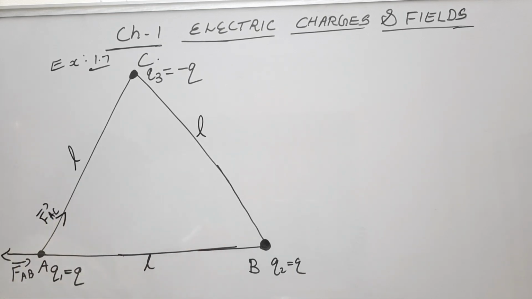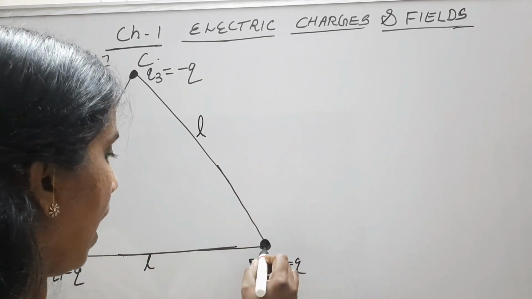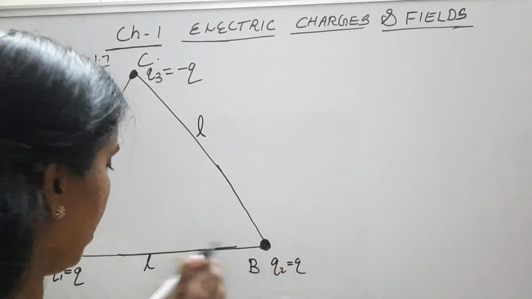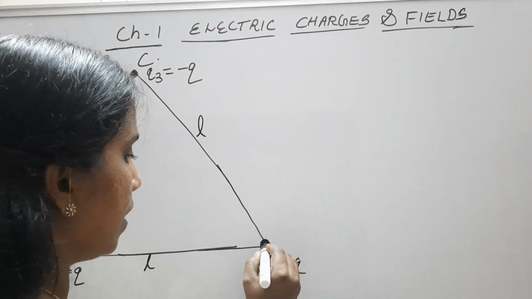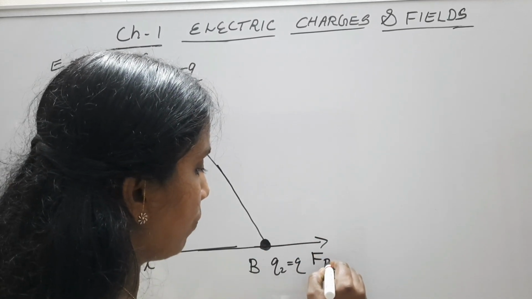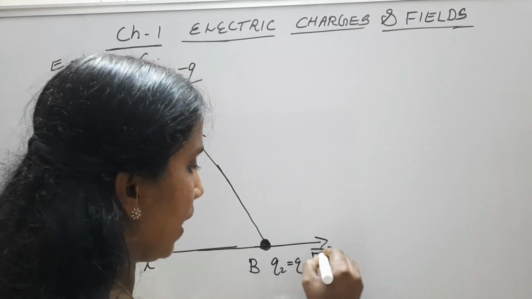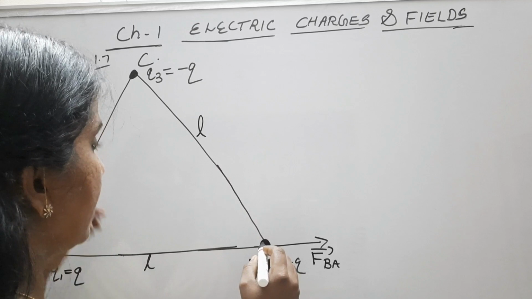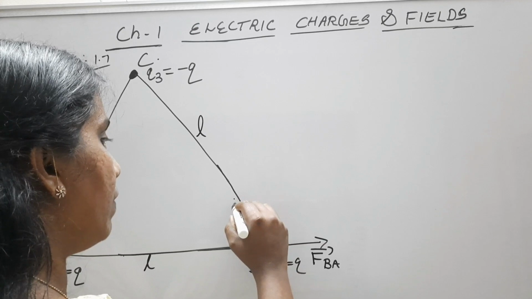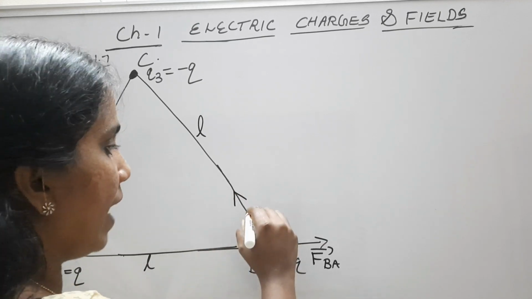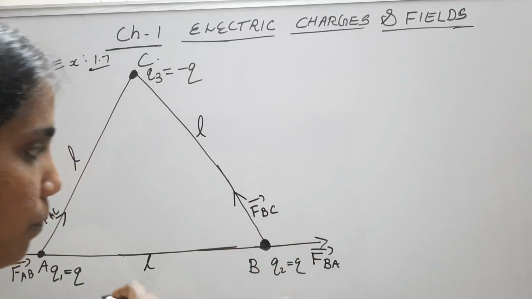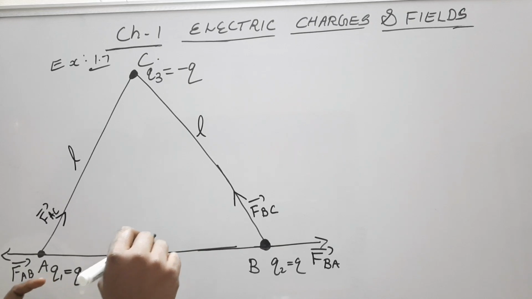So in the same way, if we show the charges at B and C, at B due to the charge at A, the force will be again a repulsive force because the two charges are like charges. So we can represent that force like this, and we can call that force FBA, force on B due to A. Similarly, force exerted by the charge at C on the charge at B will be an attractive force that will be directed towards C. So that we will represent as FBC. So this is the direction of FBC.